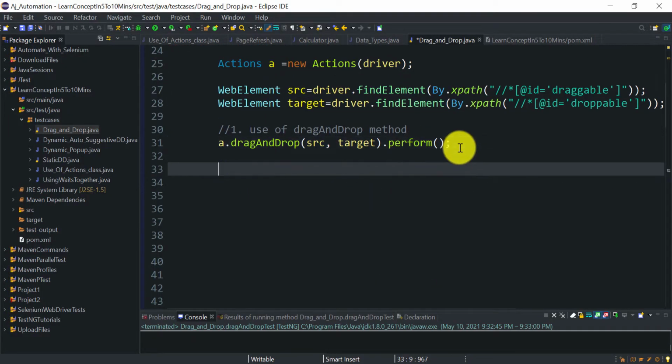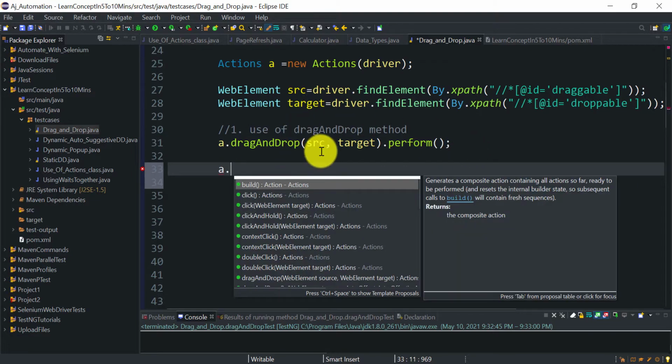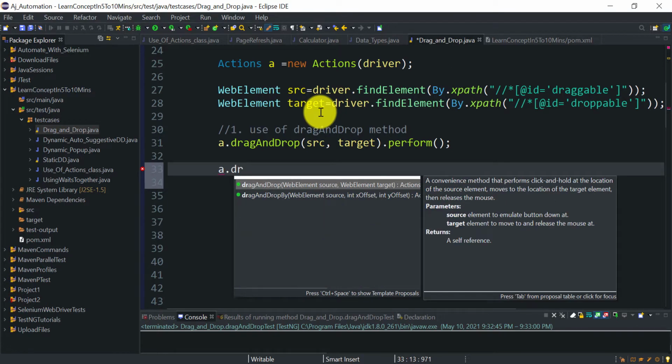Using this, you can move the source object anywhere in the web page. It doesn't require that you drop it on the target only. You can provide any location with the help of x coordinate and y coordinate, and according to that position Selenium will drop it. I will show you that quickly.